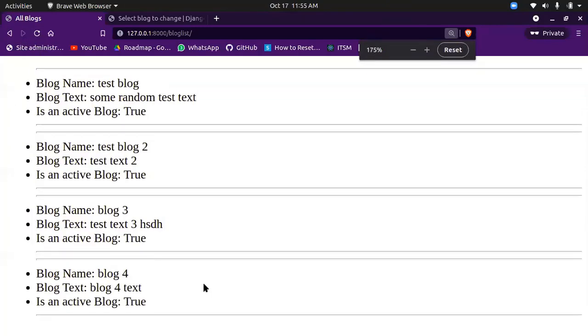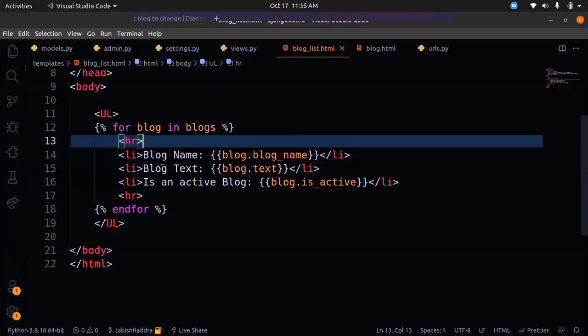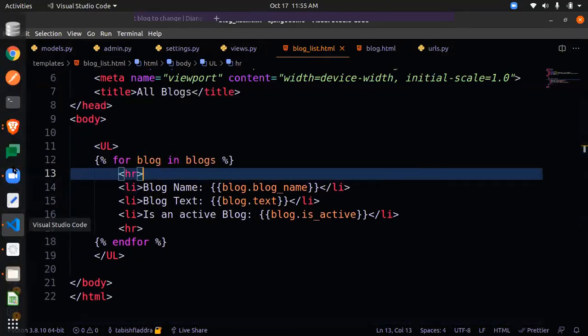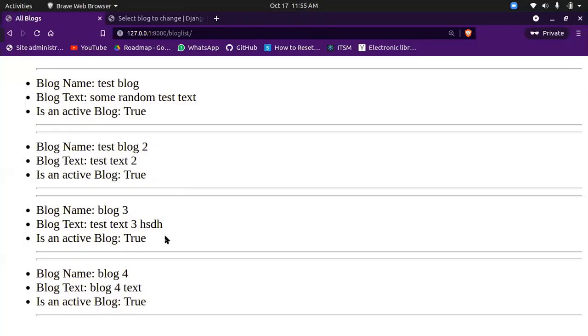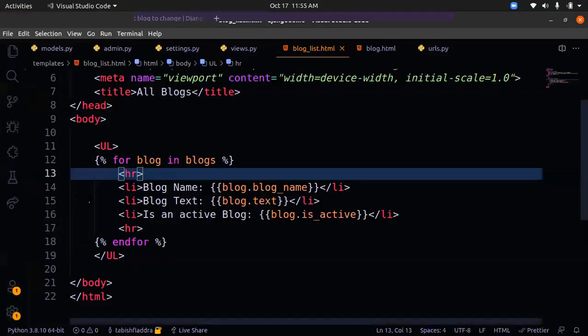So you can see all the blogs are rendered, all the data is rendered from Django to HTML, and these dots are because I used some HTML here, that is list item. So this is how you iterate. This is how you take all the data from the database and return it to the browser. So we can do one more thing,